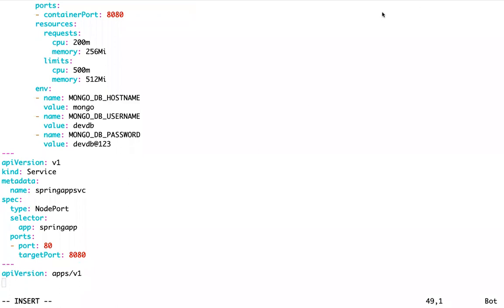Here I am going to create one controller for the database.